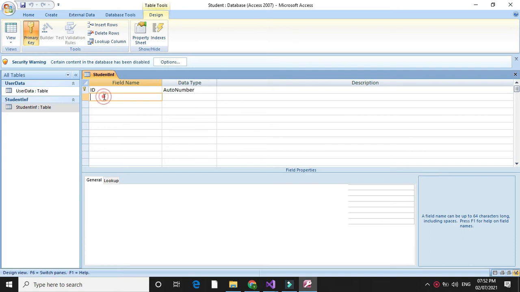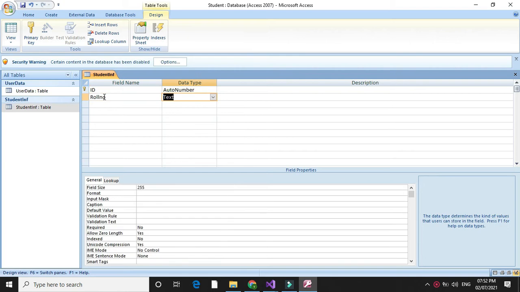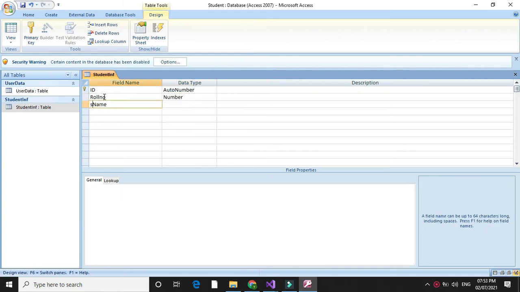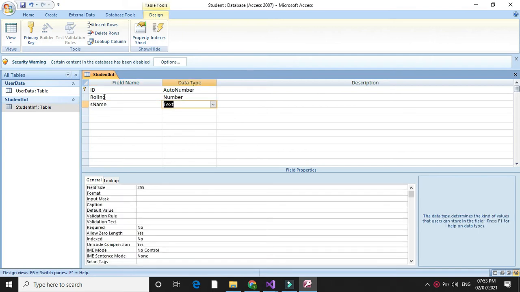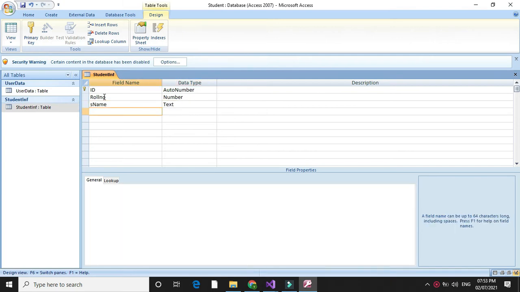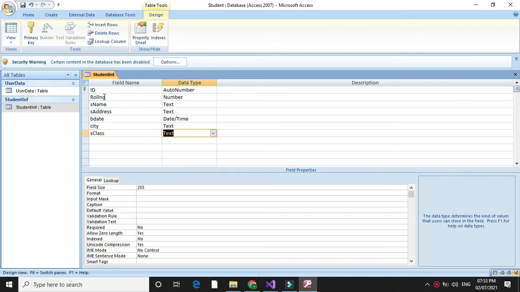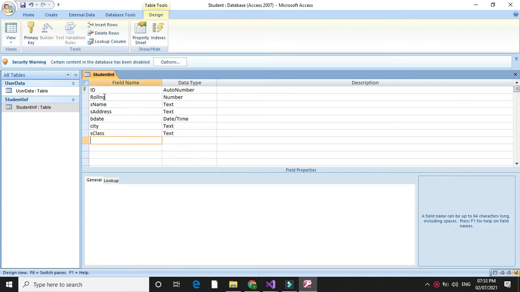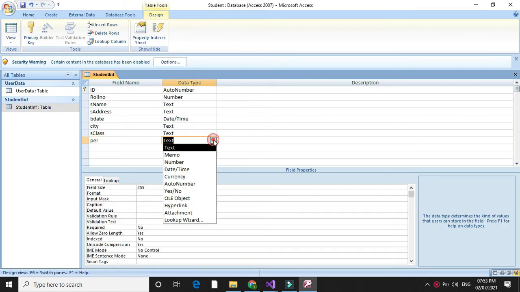And here I am going to add the field RollNumber as number, SName for student name, which is text, then SAddress for student address, then BirthDate, date time, City, text, StudentClass, text, and Percentage with number.